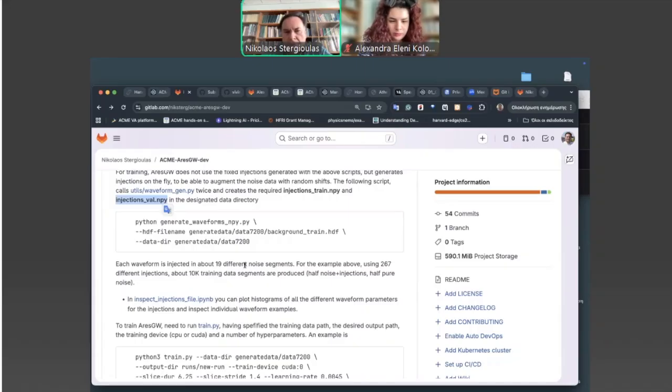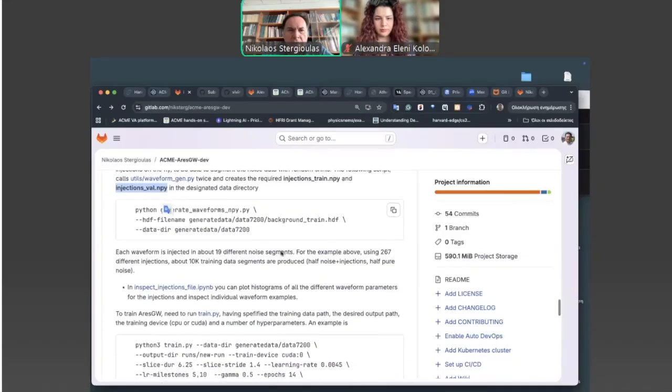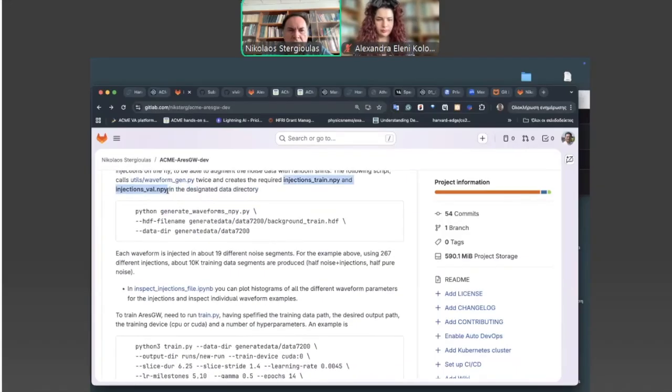Also, in the spirit of performing a learning that is curriculum based on the signal to noise ratio of each waveform. And so we don't rely on a fixed training set from the start, but we produce training segments while AresGW is training. So this is the flexibility of this approach. And as I said before the break, each is only injected in 19 different noise segments.